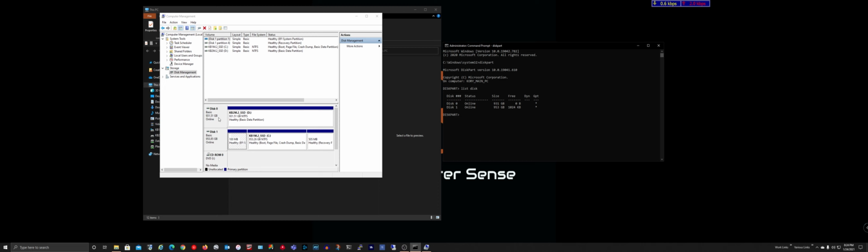Well, disk 0 is not my main drive. It's not my C drive. That is actually my data drive, which is labeled D. My actual operating system disk, or the C drive, is actually disk 1. So again, this is where you pay particularly close attention to which drive you're actually going to be selecting,